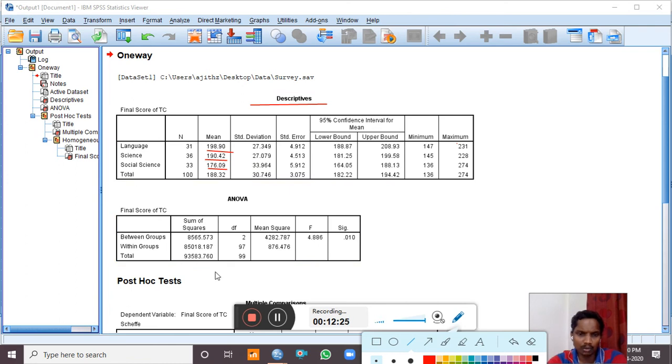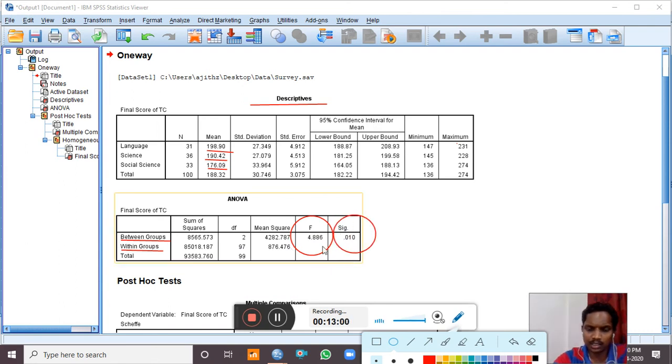You can see the ANOVA table. This is the table which we require. As you see in the table, there is a comparison between groups. The degrees of freedom is 2, since there are 3 groups, 3 minus 1, 2, and within groups, since there are 98 participants, the degrees of freedom will be 97, and what we are interested in is the F value and significance.